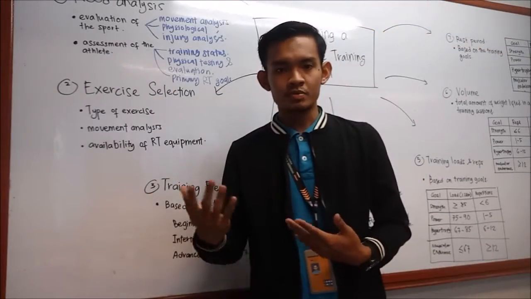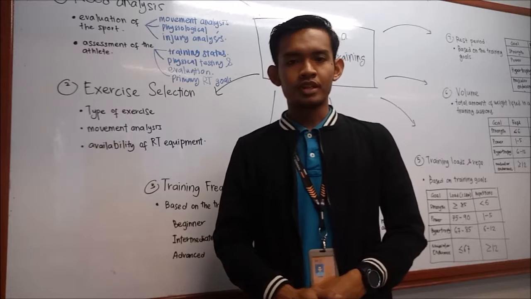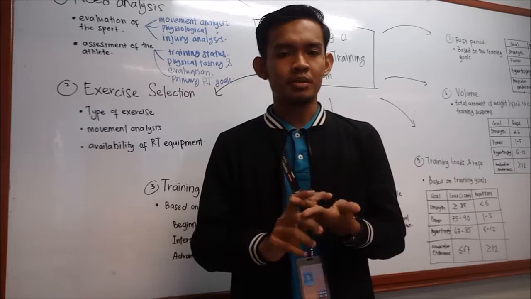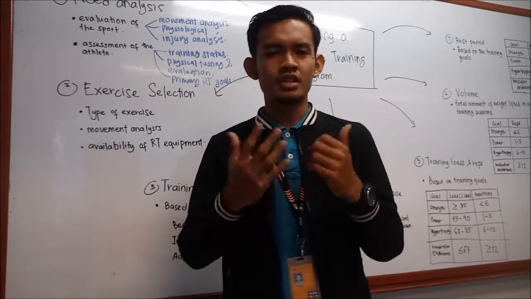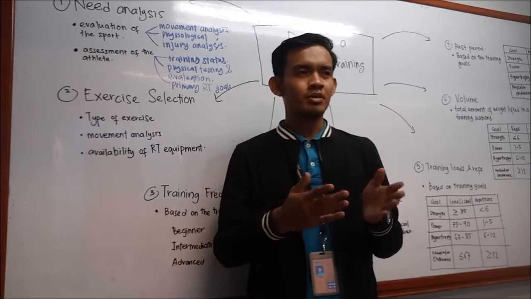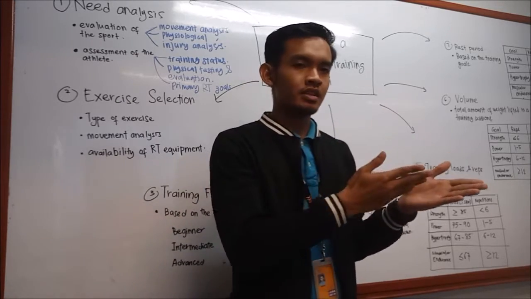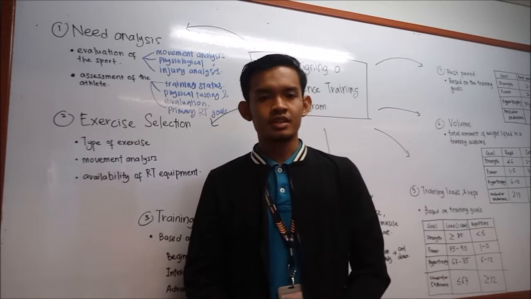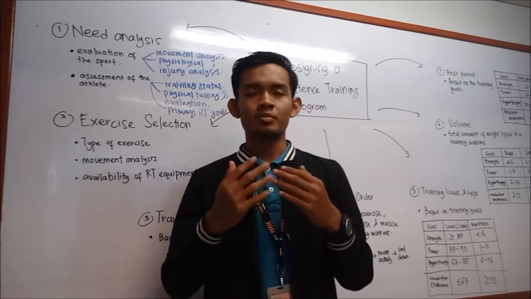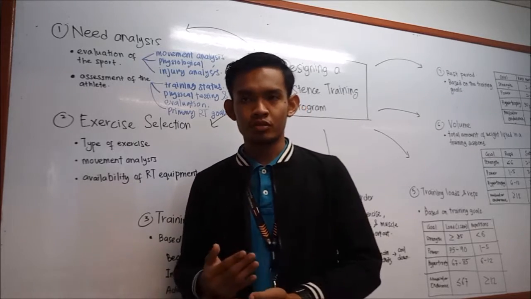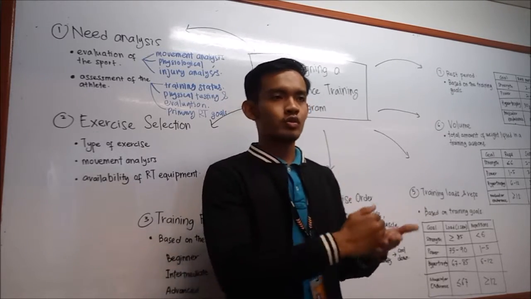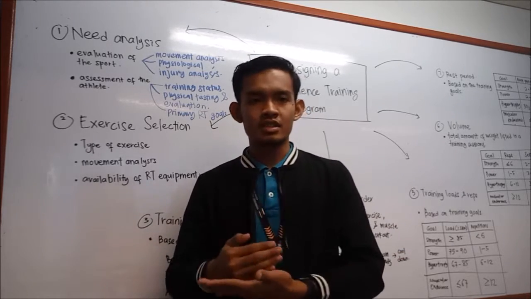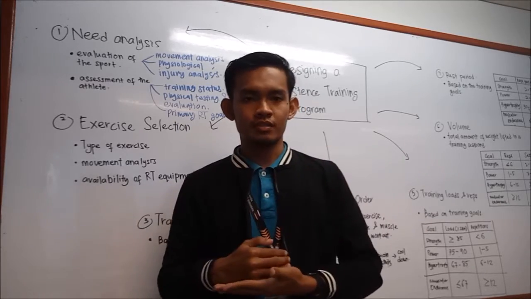And so we go to the assessment of the athlete. Assessment of the athlete consists of 3 components, which is training status, physical testing, and primary resistance training goals. So what is the training status? The training status, we determine the athlete is a beginner, intermediate, or professional, and then we go to the next point, which is physical testing and evaluation. Commonly, before we enter the training program, we must analyze or evaluate their physical fitness. So we do the physical testing to determine or analyze their performance before our training.